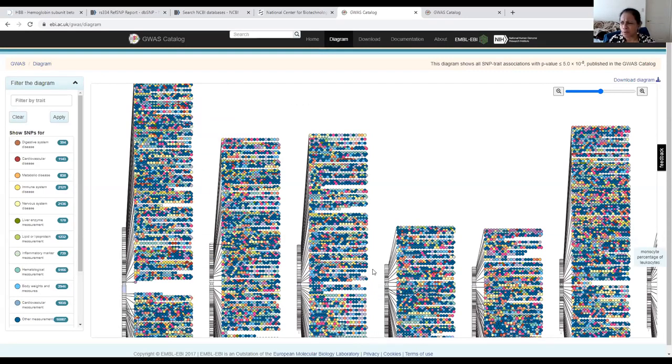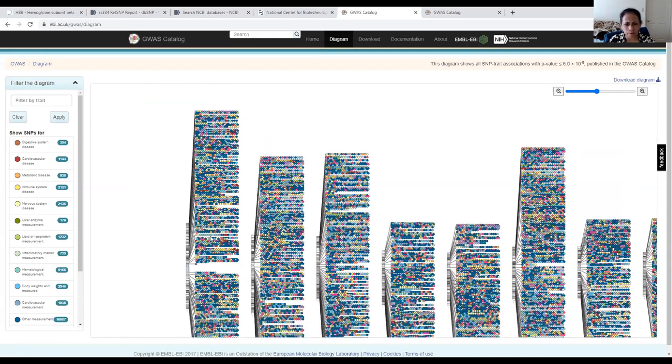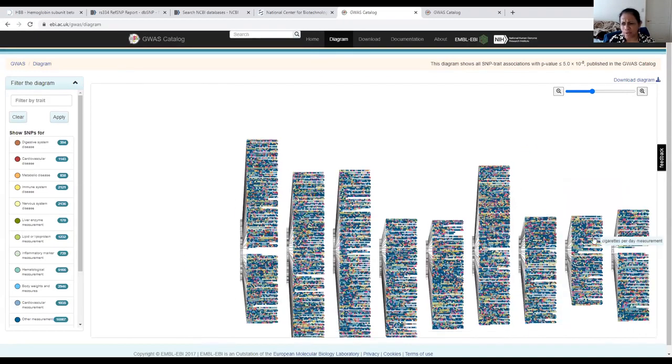Can you see how full this is? We can decrease the zoom so you can see a good picture. You can go through different things. Oh my goodness, look at how many. So this is completely busy. So many diseases are caused by each of these chromosomes; they have a lot of different diseases in them, correct?